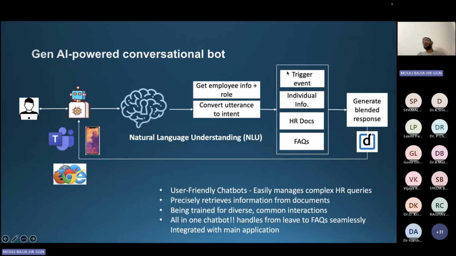So this intent is then checked with each of the 4 to see who has an answer with a very high confidence level. If there are 2 models that have very high confidence, we take both of them and we blend them. We also use the role. Role determines which HR docs are relevant; only relevant documents it will consider for the evaluation. And then we blend the response and give it back to the user. It's very, very high level, but this is built.